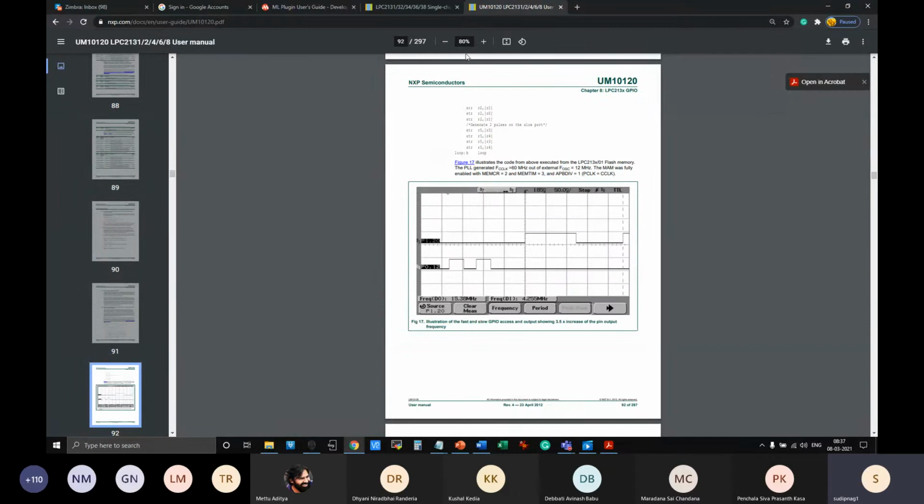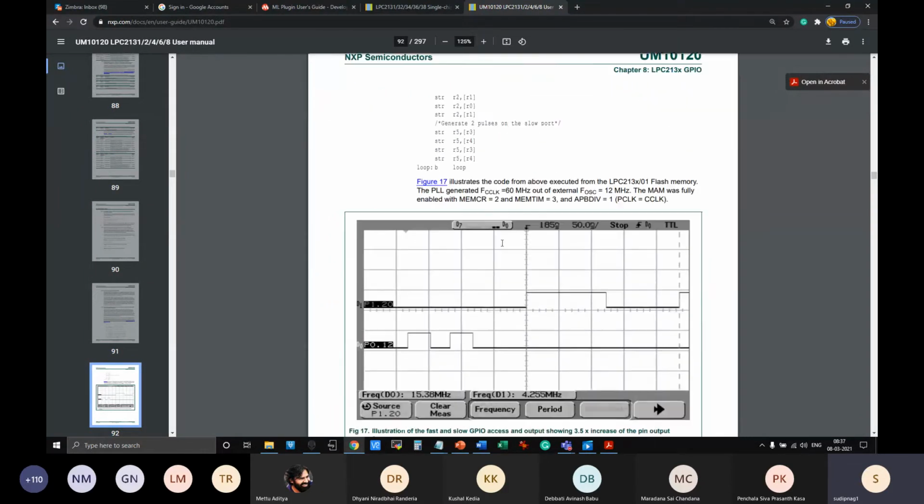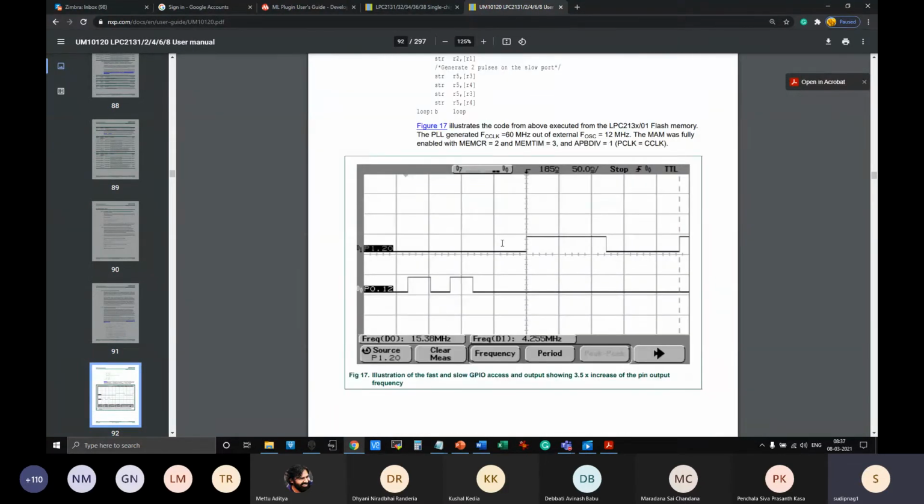So if you look after writing such code, if you use an oscilloscope, this is how it will look. You can actually consider any one of the pins. I think it is for another example where they are configuring two pins using GPIO mode, port 0.12 and then 1.20. So then you can actually write zeros and ones to these IO ports and then configure it as per